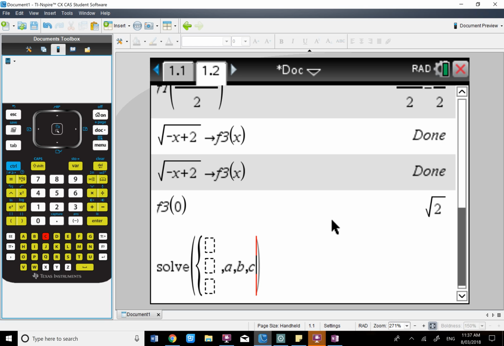Okay, that's the three places to put equations. And then in the middle, you put comma A, comma B, and comma C. That's three equations you can solve directly by using the calculator. And also,